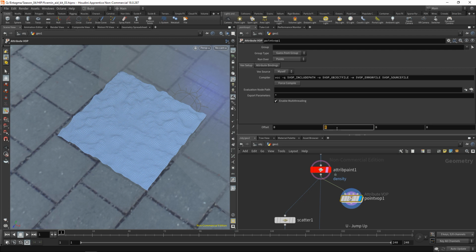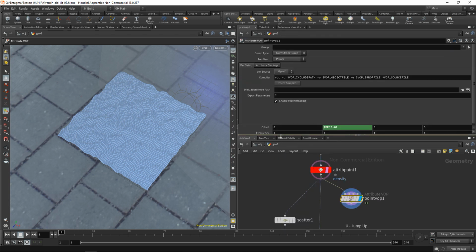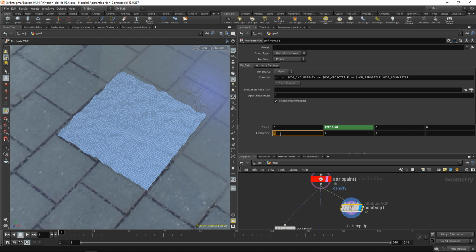I'm going to go up one level again, and I'm seeing here I got this offset. So in here, $FF times 0.02. Now this should evaluate properly. And it does. You can see this slowly undulating noise here. Let's expose the controls for the noise's frequency as well. Again, diving in here, middle mousing on the frequency and going to promote parameter. And this yellow thingy here denotes that we promoted this upwards. Okay, let's go up one level and maybe dial back the frequency to say 0.2